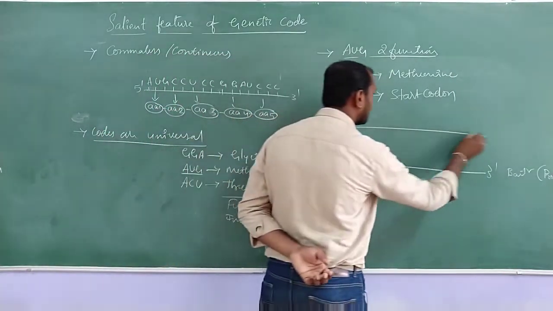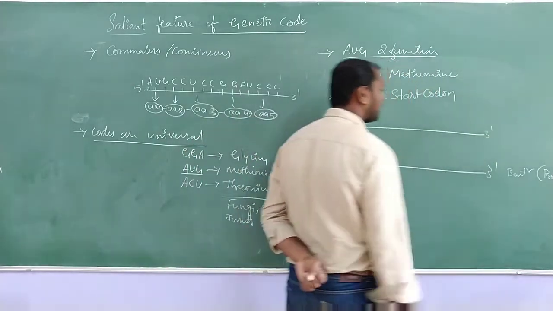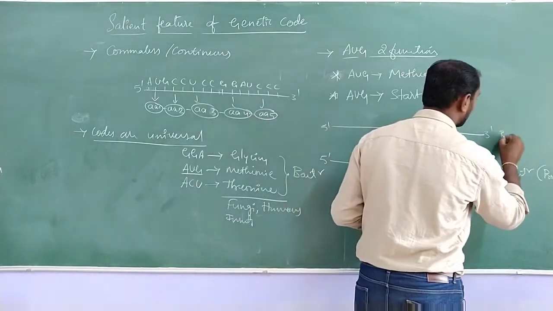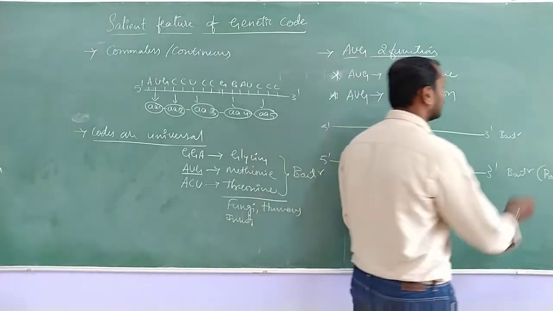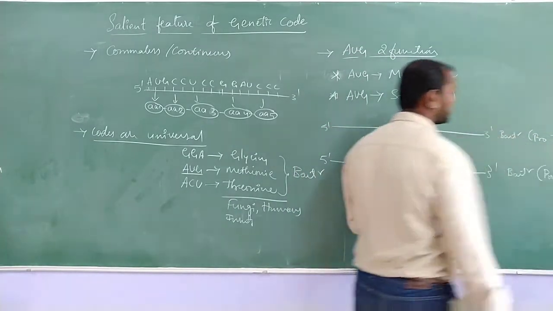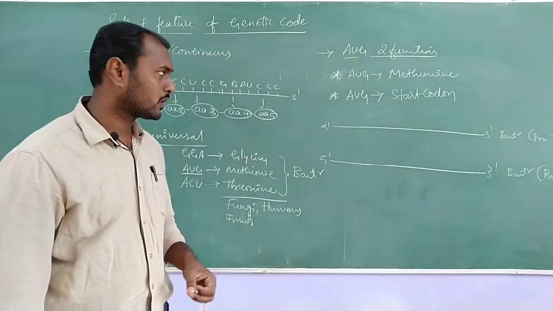So one more mRNA we have, present in bacteria only, or any organism. Just consider bacteria only. It is producing a protein called protein Z. Okay, so one is producing protein X, the other is producing protein Z.